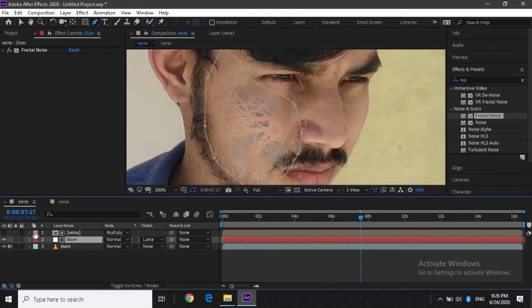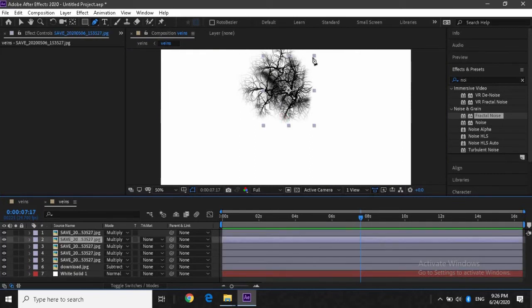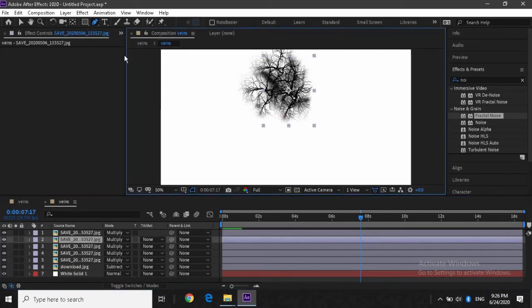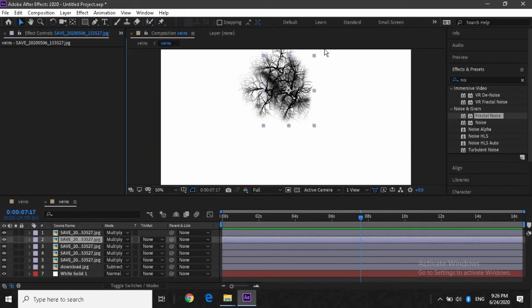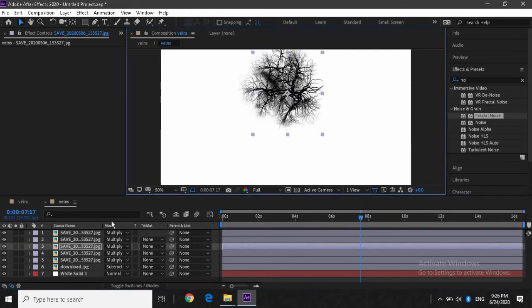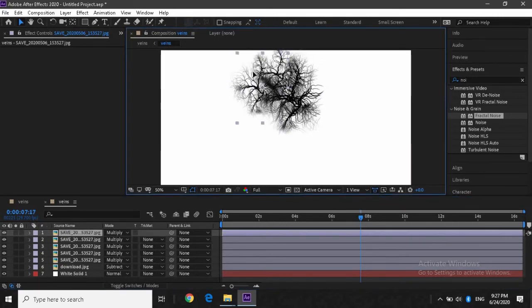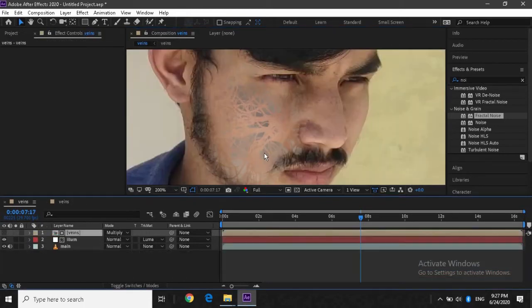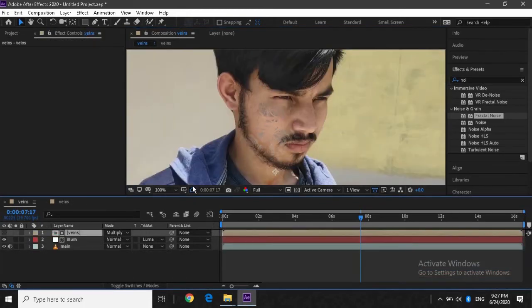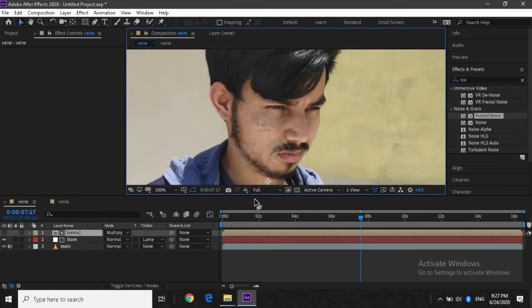I don't like the size, so let's adjust it a little bit like this. It still looks a little bad, but don't worry about it, we will fix it.